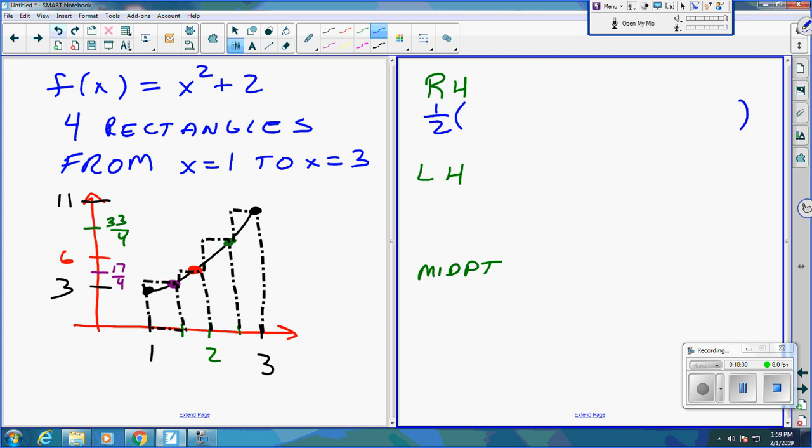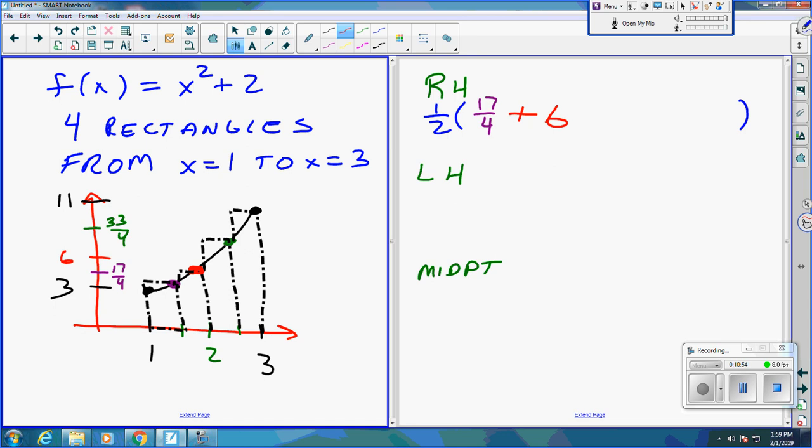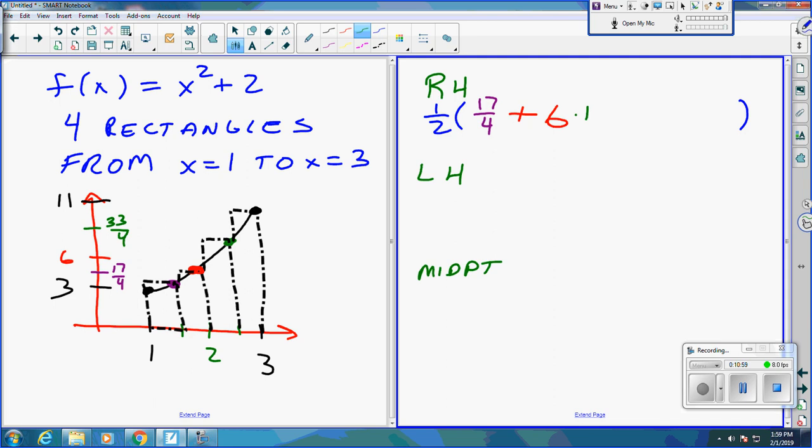All right. Now, everybody, what's the height of the first rectangle? I think the height of the first rectangle is 17/4. That is not purple. 17/4. What's the height of the next rectangle? I think the next rectangle is 6 tall. And you see why I'm using the colors, guys, to match the points on the right-hand side? The next one is green. The right-hand value is 33/4. And the last one was black, and we know this from the original function,